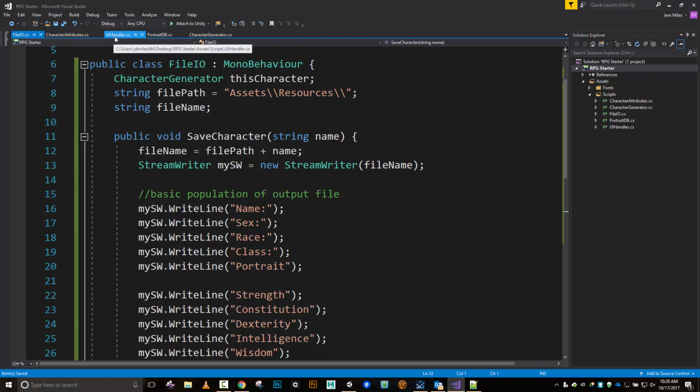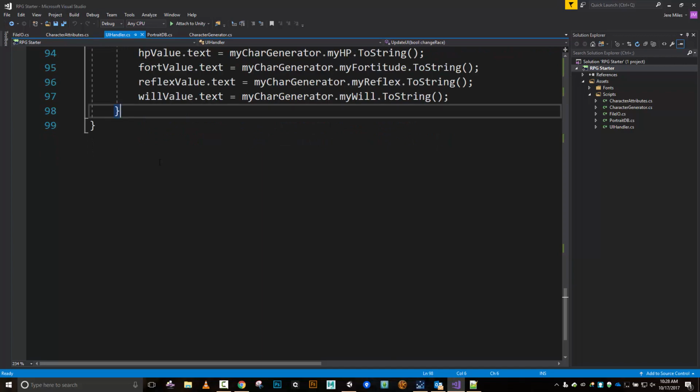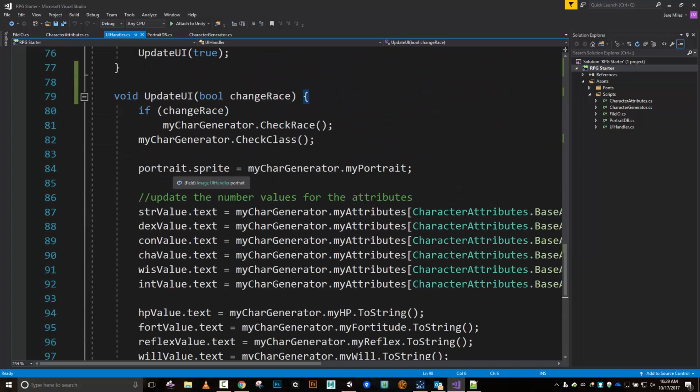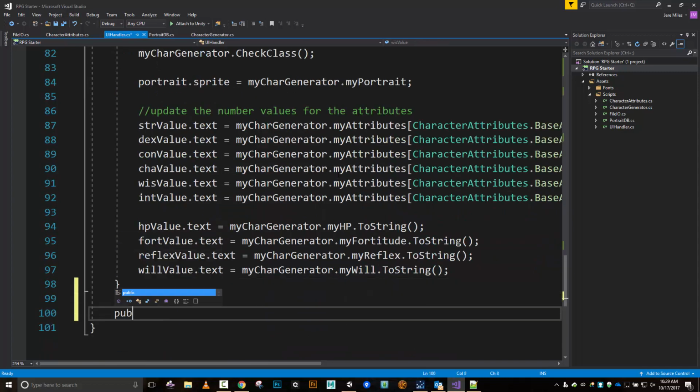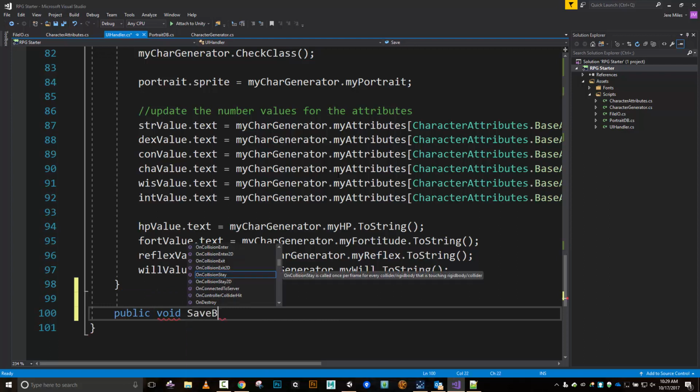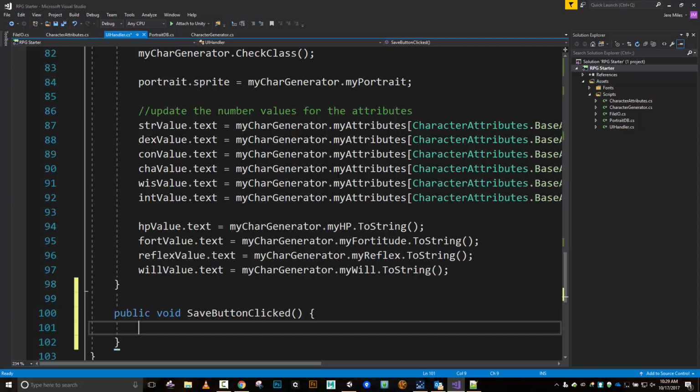So let's go into our UI handler, come all the way down here, and add a new thing down here. On this new one, let's do a public void SaveButtonClicked. There we go. All right, now the first thing we need to do is get our